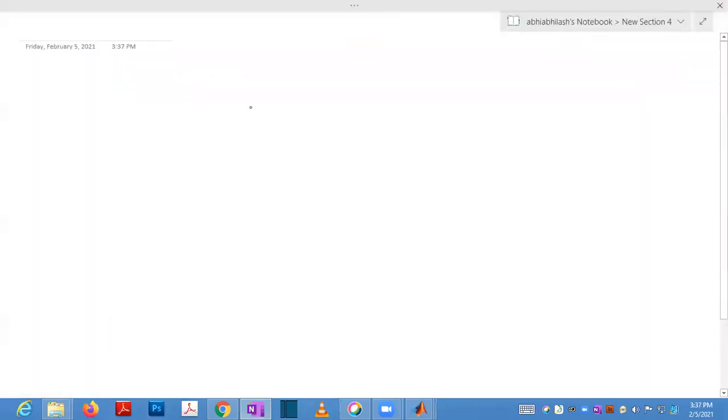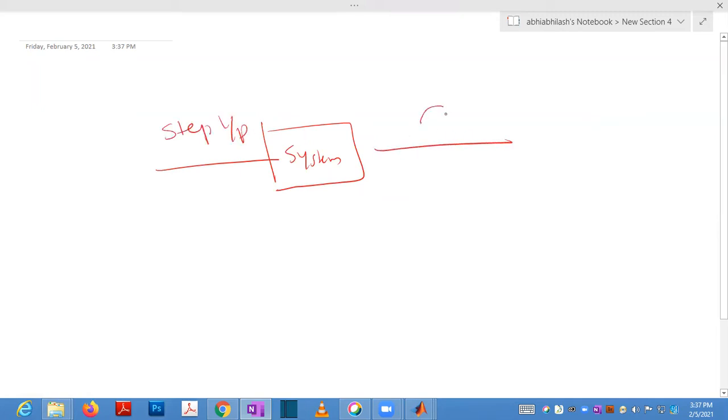So if your system is like this and you are applying a step input, the output response, whatever you are getting, that is called step response. What do you mean by a step signal? Step signal, u of t.